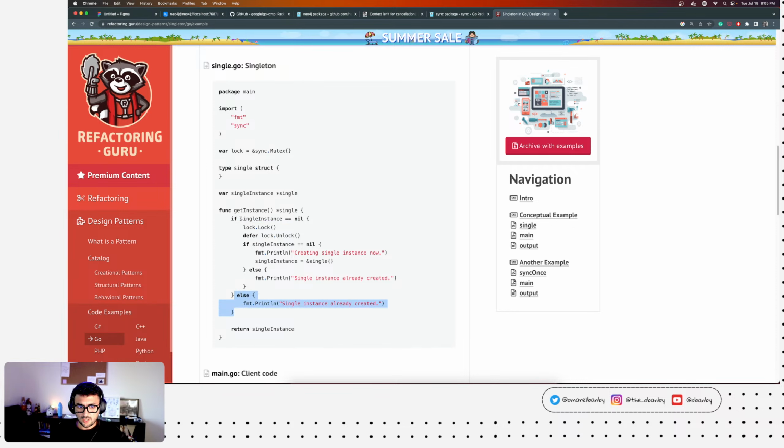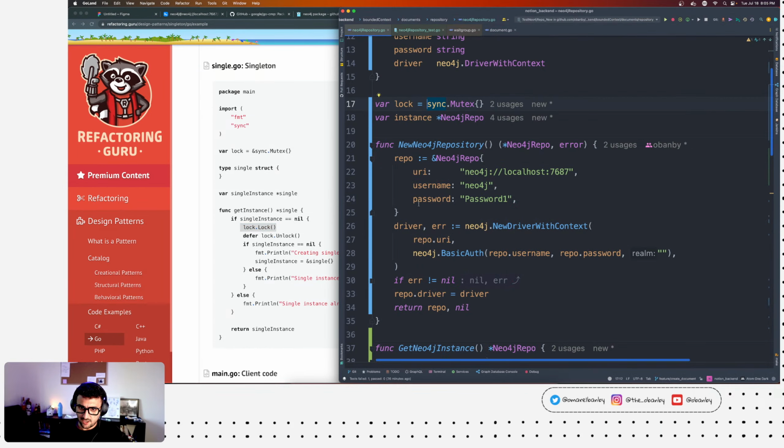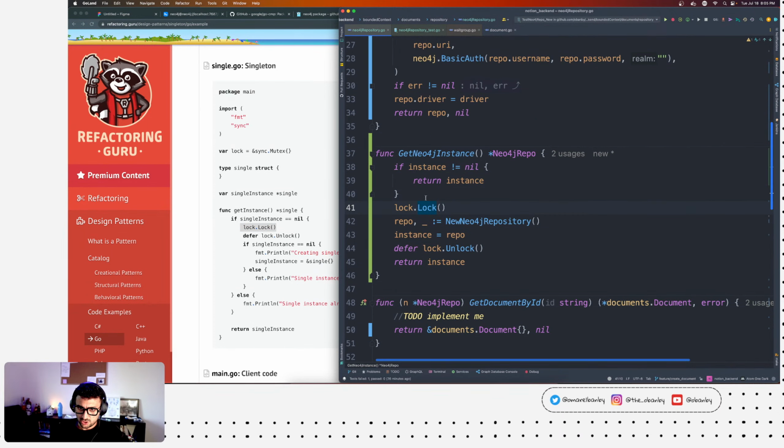Okay, so why are they double checking? So if it is nil, they would acquire a lock, maybe right before acquiring the lock. Oh, okay, I see. So maybe right here, it actually has changed, right? Let's apply the same logic to ours.